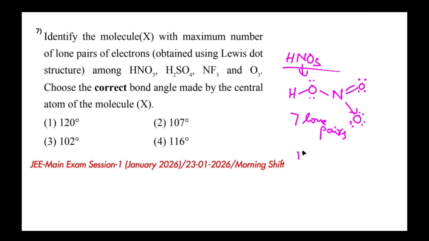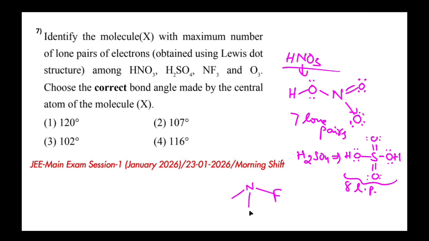Then come to sulfuric acid, H2SO4. If you see the structure of H2SO4, S double bond O, OH and OH. So the number of lone pairs on oxygen atoms, 2 lone pairs each, total 1, 2, 3, 4, 5, 6, 7, 8 lone pairs are there in this molecule. 8 lone pairs. Then the NF3 molecule,